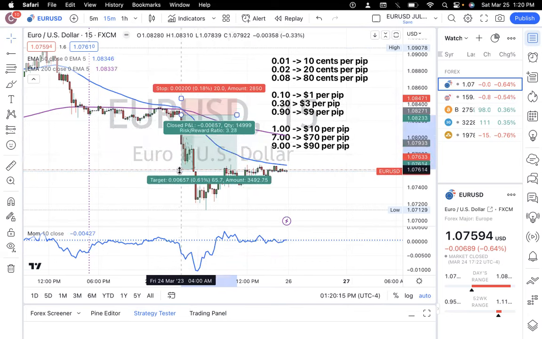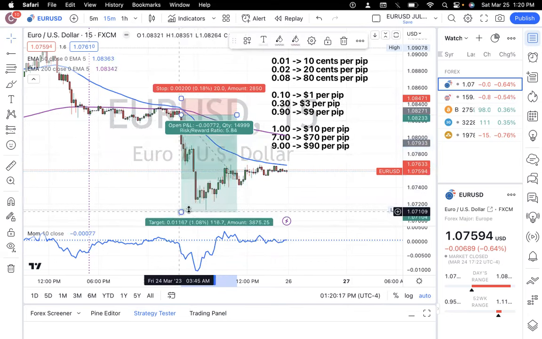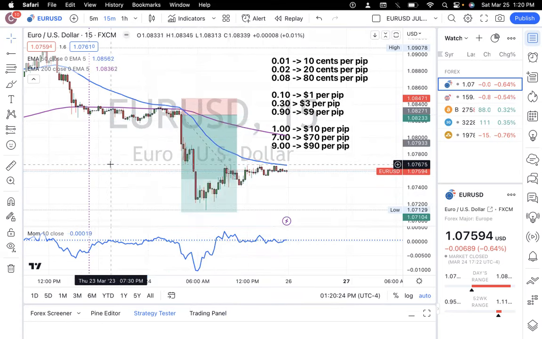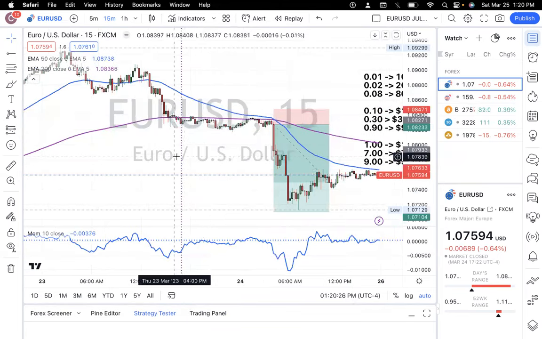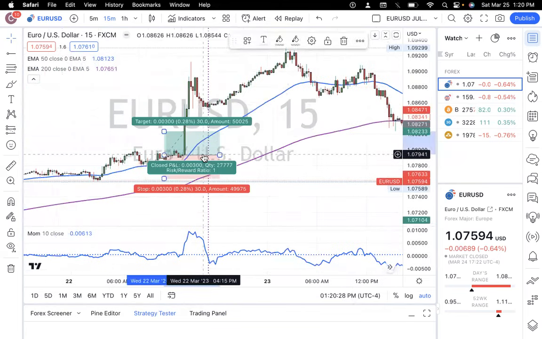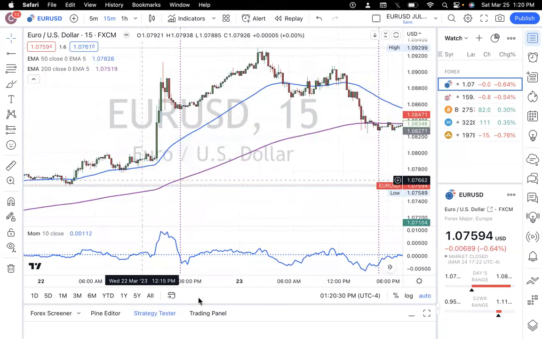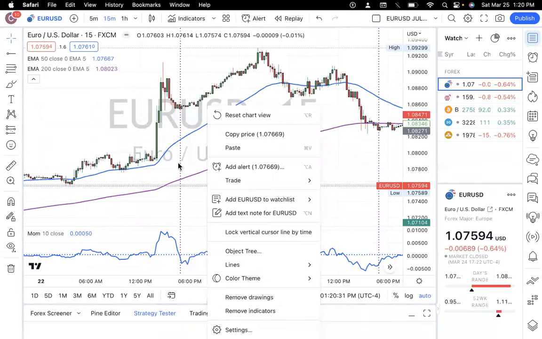Now, again, if you drag your green box down, you can see that this entire zone was profit, and that is how the trade played out, which is amazing. So I'm just going to give you guys a buy example really quickly, and then that's going to be all for today. So again, using the same strategy, if we were to enter the market in this area for a buy,